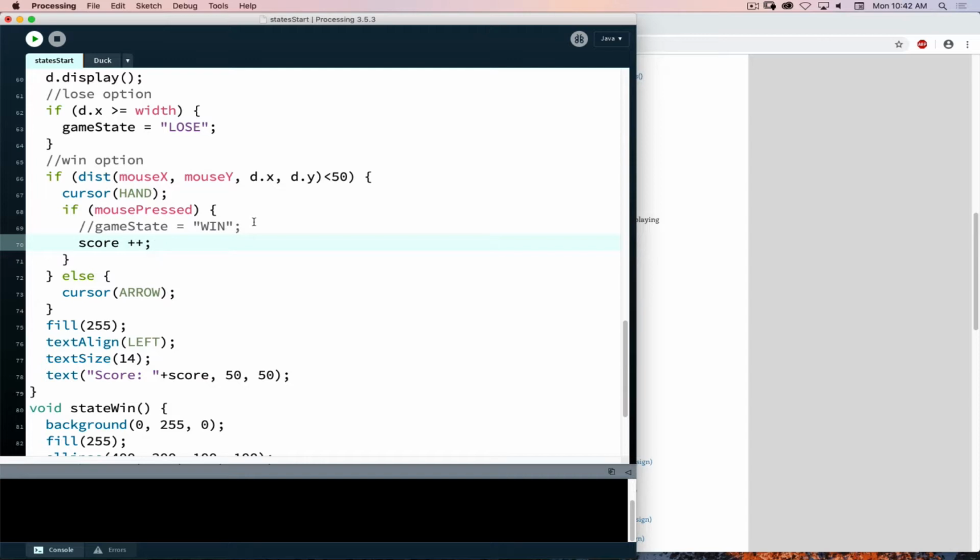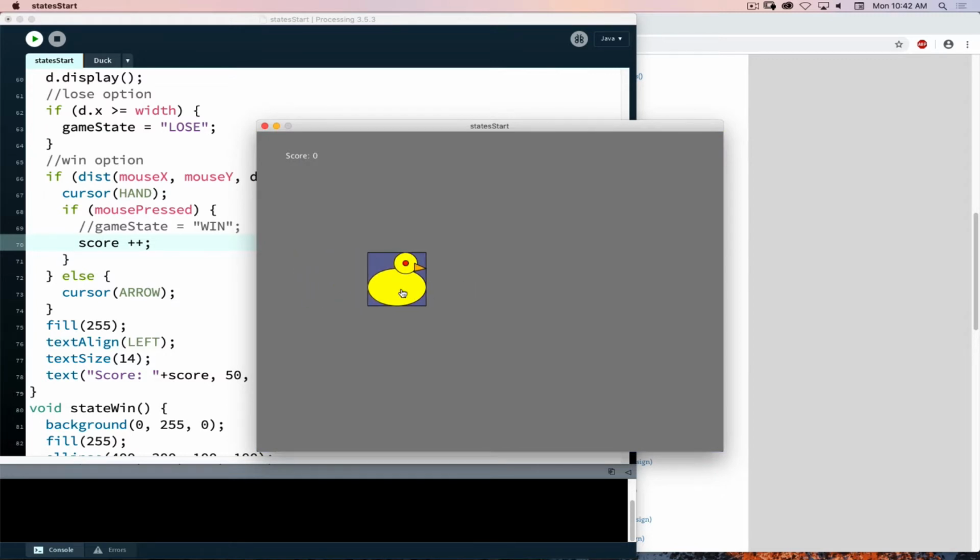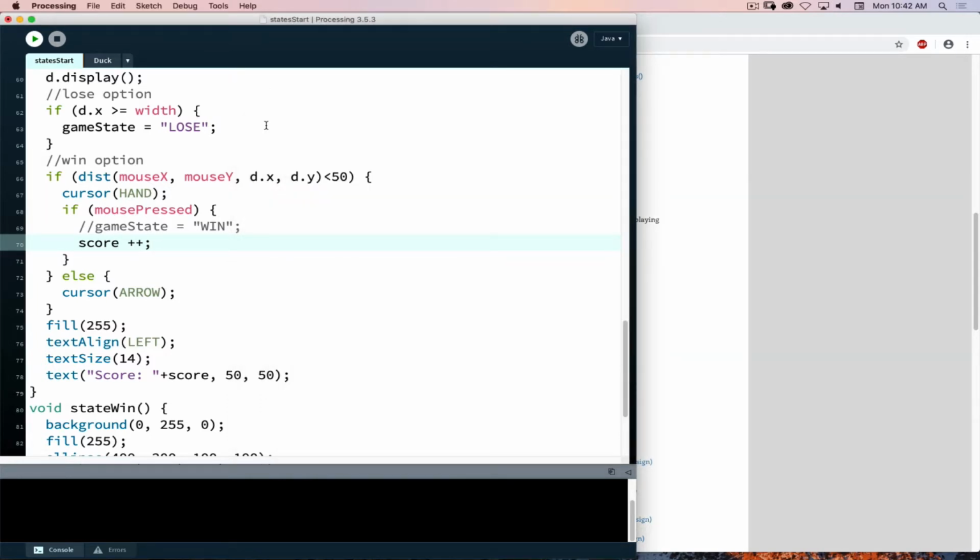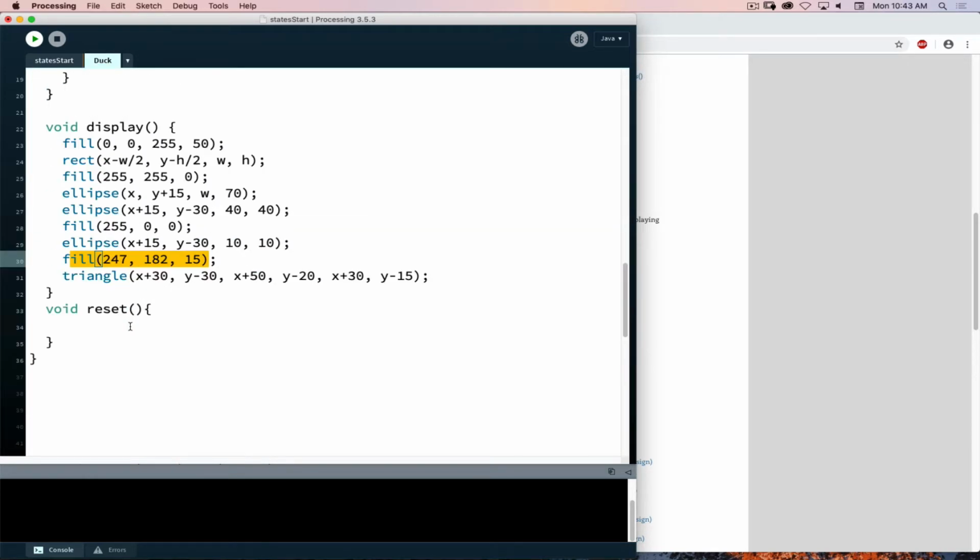Now an interesting thing will happen with this, because the game is resetting at 60 frames per second. While I'm pressing the mouse, it's probably going to register multiple frames happening by the time I click the mouse and let go, unless I can get that click of the mouse to be super fast. So if I click here, we can see just a simple click goes up by almost 5 each time. So that doesn't work to just simply have my score go up, but instead what I need to do is